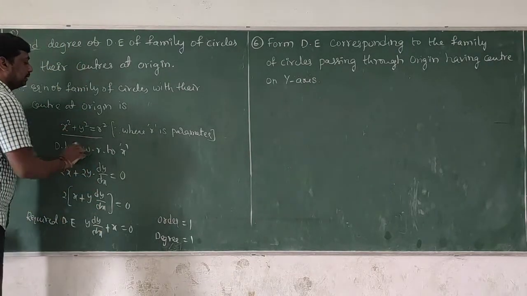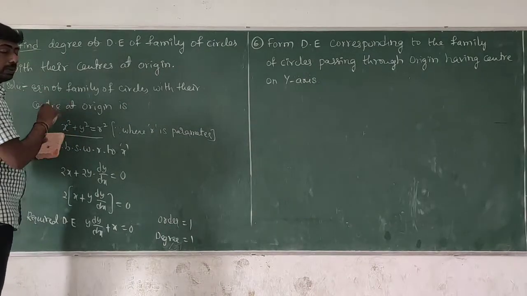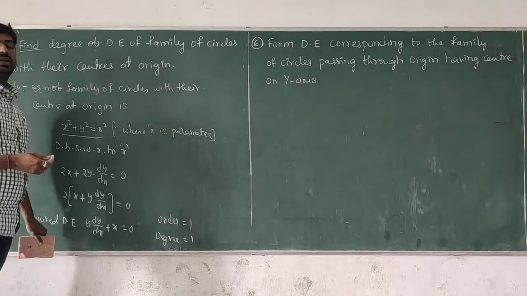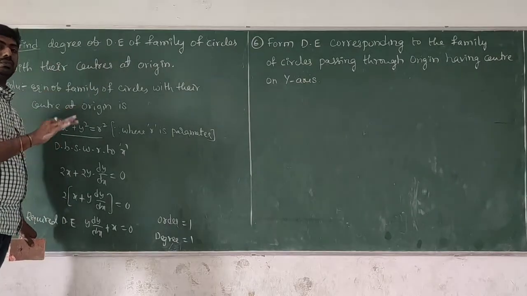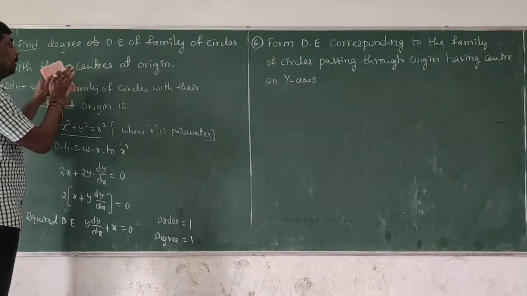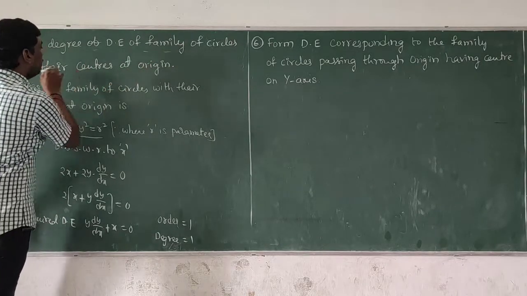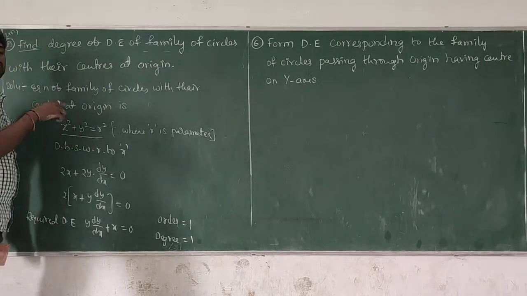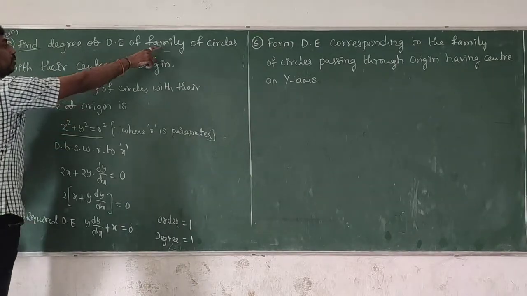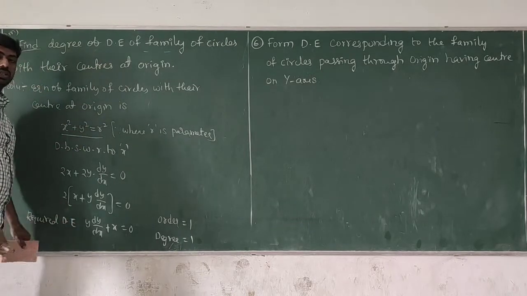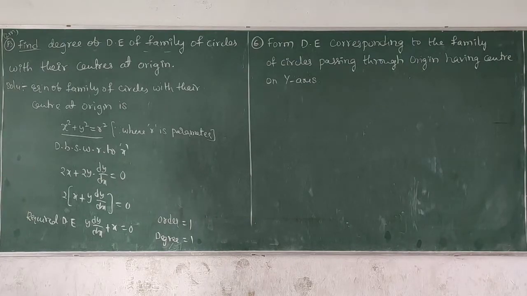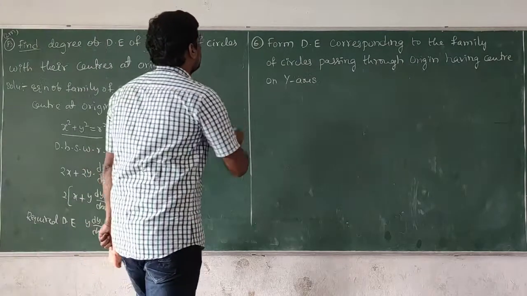This one is most important. Just compare the previous 4 problems and this one. In the previous 4 problems, the equation of the curve or the equation of the circle, whatever it may be, was given, and we found the differential equation of that equation. But in this one, the statement is given and we need to write the equation of the family of circles with the centers at the origin. Only if we know the equation do we get the solution. Otherwise, we cannot write the order and degree of the differential equation. Is it clear? Next, second one.